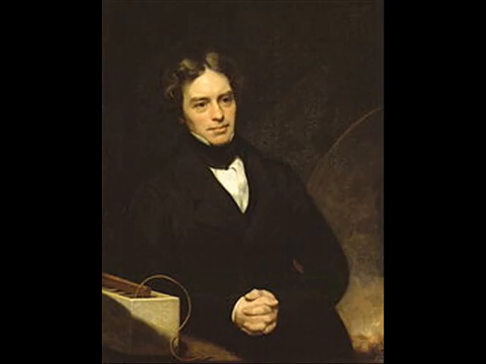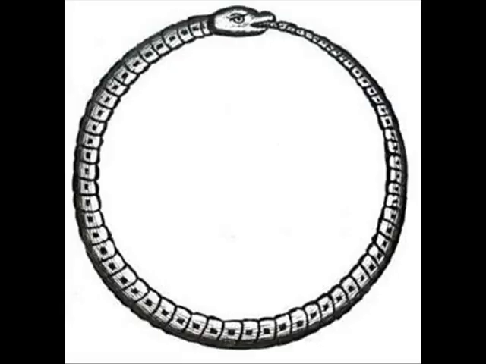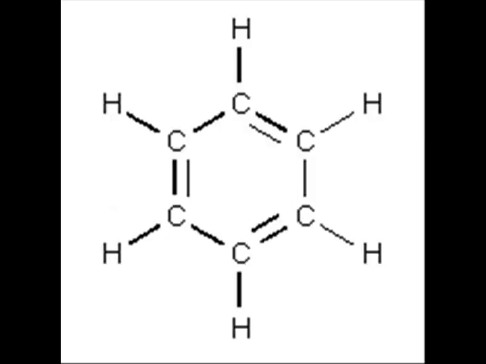Benzene was first discovered by Michael Faraday in 1825, though its structure baffled chemists for many years. In 1865, Frederick Kekulé came up with a sensible structure of benzene from a dream about a snake eating its own tail, a cyclic structure with rotating single and double bonds. Though there are some problems with this form.